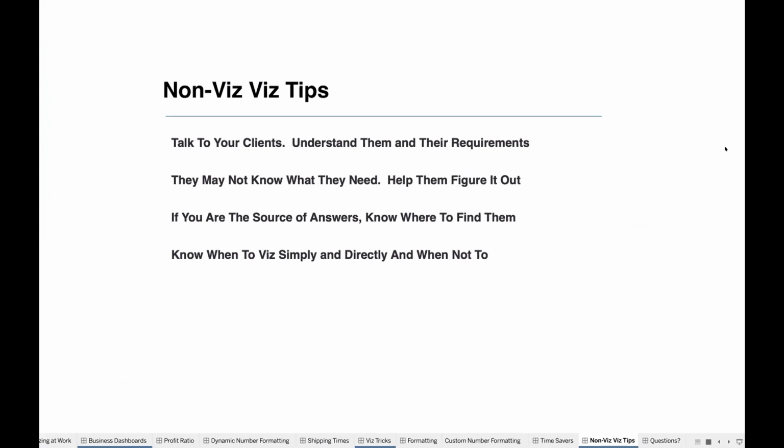Clients are going to ask you for all different types of things, and it's really up to you to make sure that not only you understand what they're asking for, but that they understand what they're asking for. So ask them questions, not just about what they want, but how they're going to use your dashboard, how they're going to update it, who are the users who are going to be looking at it. Just sit down with them, ask them questions, and as you build a rapport with your clients, it'll be clearer what they're thinking and what they want. But really make sure to define your requirements with them. This will help you save a lot of time and rework that you may need to do if you don't understand them the first time.